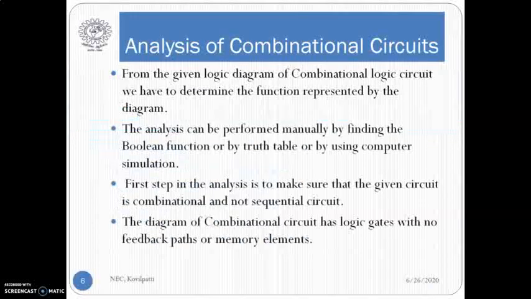Yes. So now we are going to study the analysis of a combinational circuit. In the analysis part, we are first given the circuit diagram of a combinational circuit. We have to first identify whether it is a combinational circuit or a sequential circuit. How do we find that? A sequential circuit has a feedback path, whereas a combinational circuit doesn't have a feedback